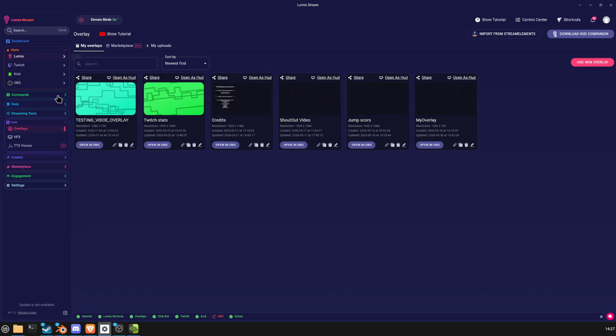So to make this stream software work, this Lumia Stream software has lots and lots of different functionality, lots and lots of little sections with lots of different things, everything from basic stuff like chat commands, loyalty, giveaways, to more in-depth things like light control. I've recently discovered you can do with it, so I've got some fancy lights that can now be controlled